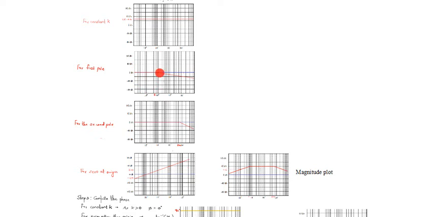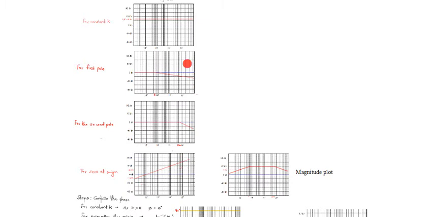So let us take a frequency stamp of 5. Up to a frequency of 5, what is the status of all these four systems? Up to 5, this system is constantly at 26.02, this is 0, and whereas this system has a roll-off rate of 20 dB per decade. So we have to be majorly concerned with these two.